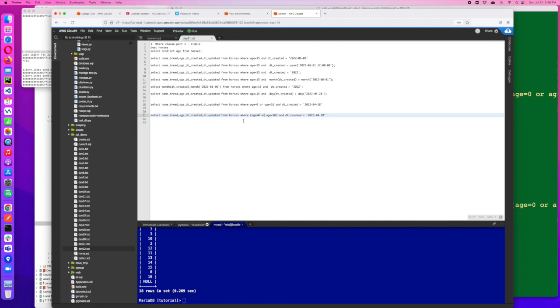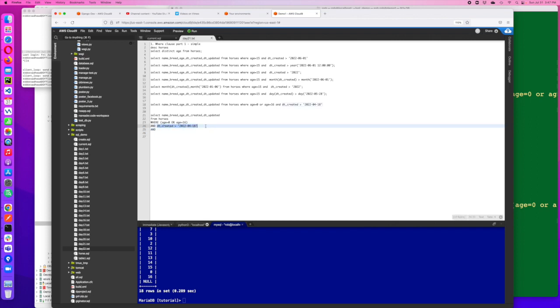Now, sometimes people will actually write these in a way to make it a little easier to read, and they'll do some formatting. It'll be something like you select the columns, you do FROM, and then you're going to have each of the clause pieces, and they may even do it like this, so it's a little easier for you to read. Another thing, which is not super uncommon and I've seen done, is where you'll do a clause and another clause. So I could also say, if I do AND,